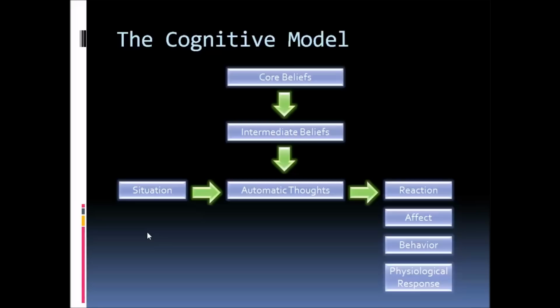Oftentimes identifying the automatic thought is a substantial challenge in cognitive therapy, and it consumes a lot of the time relative to some of the other techniques that we use in cognitive therapy. So this is the cognitive model so far, and you can see that this explains how symptoms become symptoms, right? But it doesn't really explain what we do. So this last piece of the model is